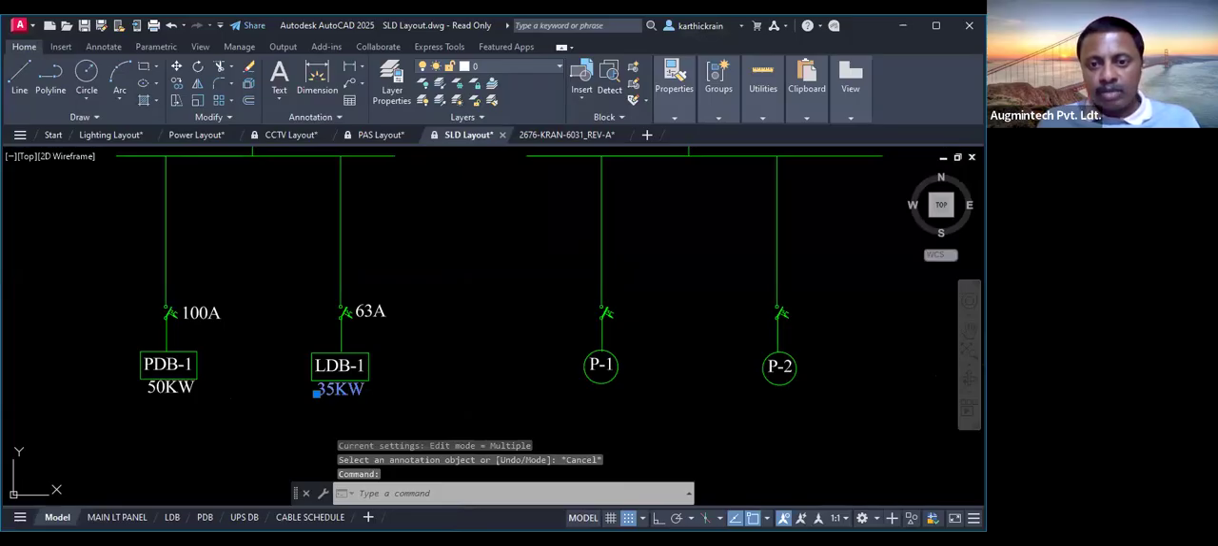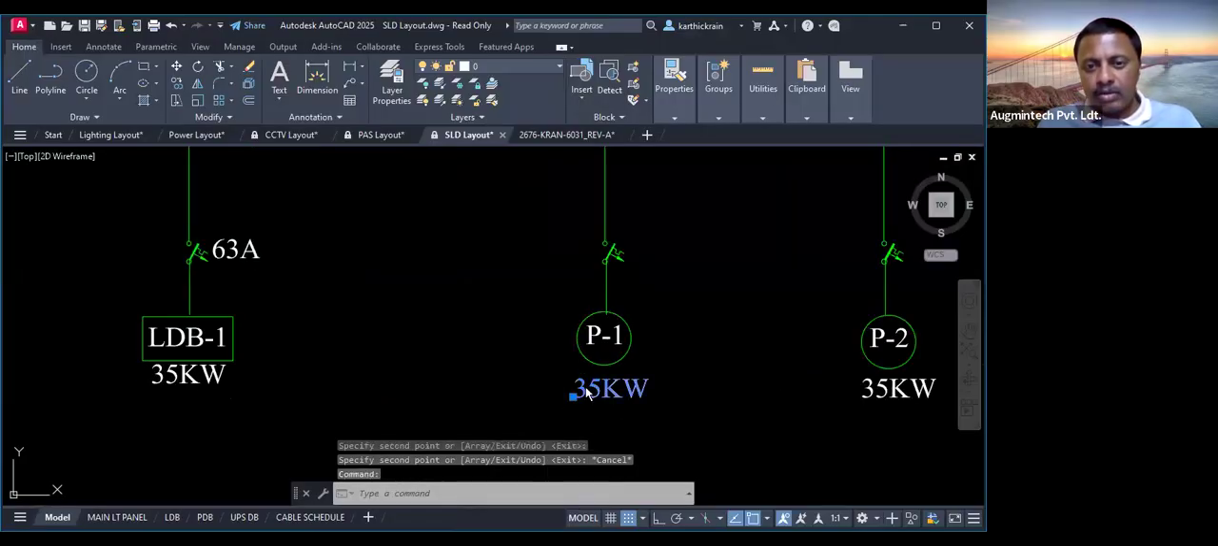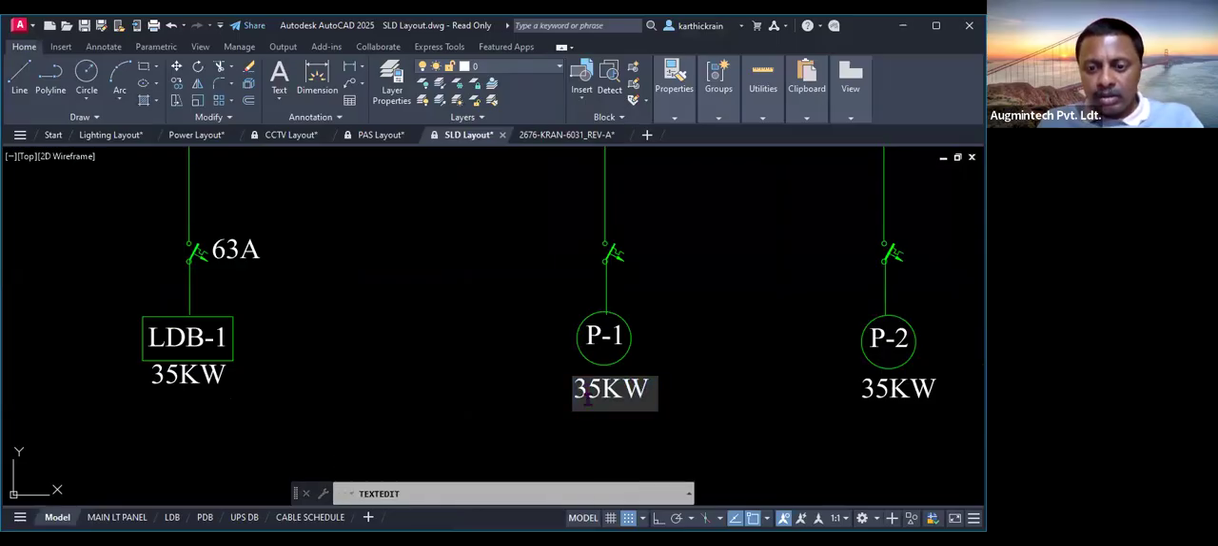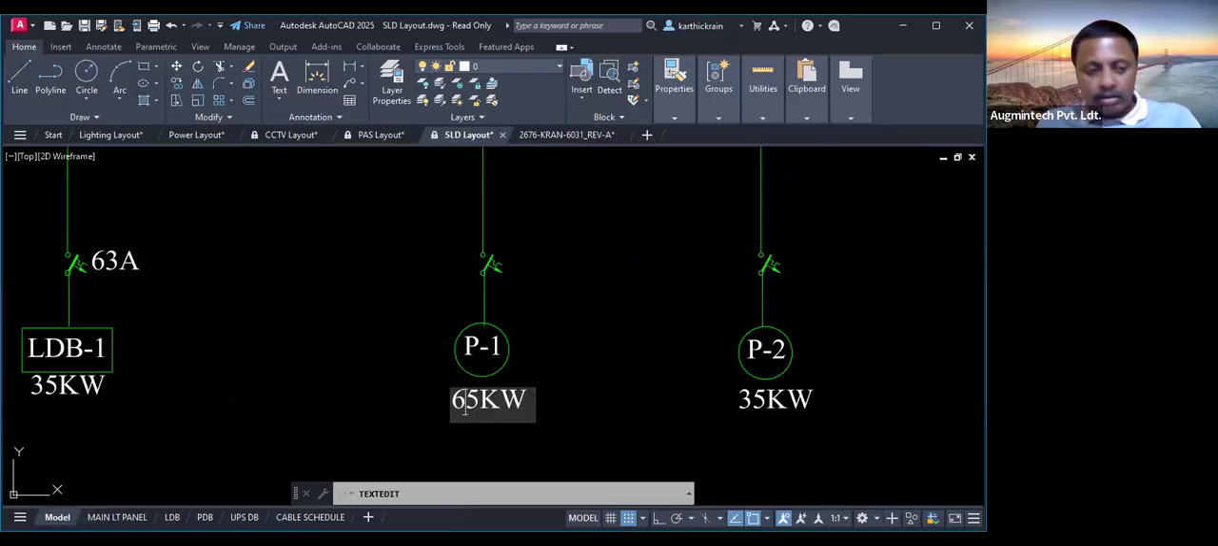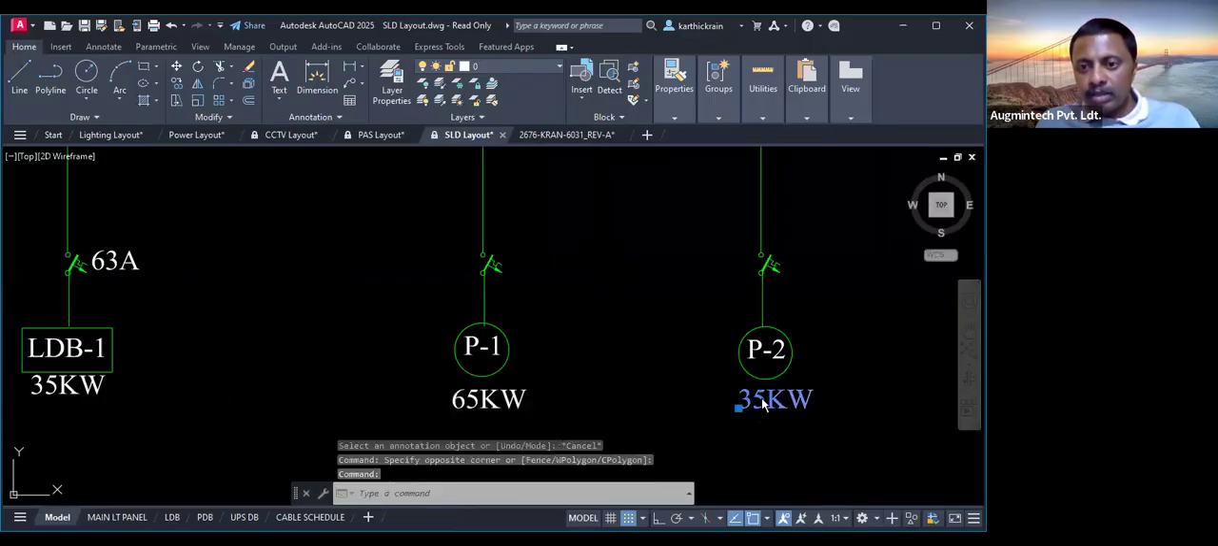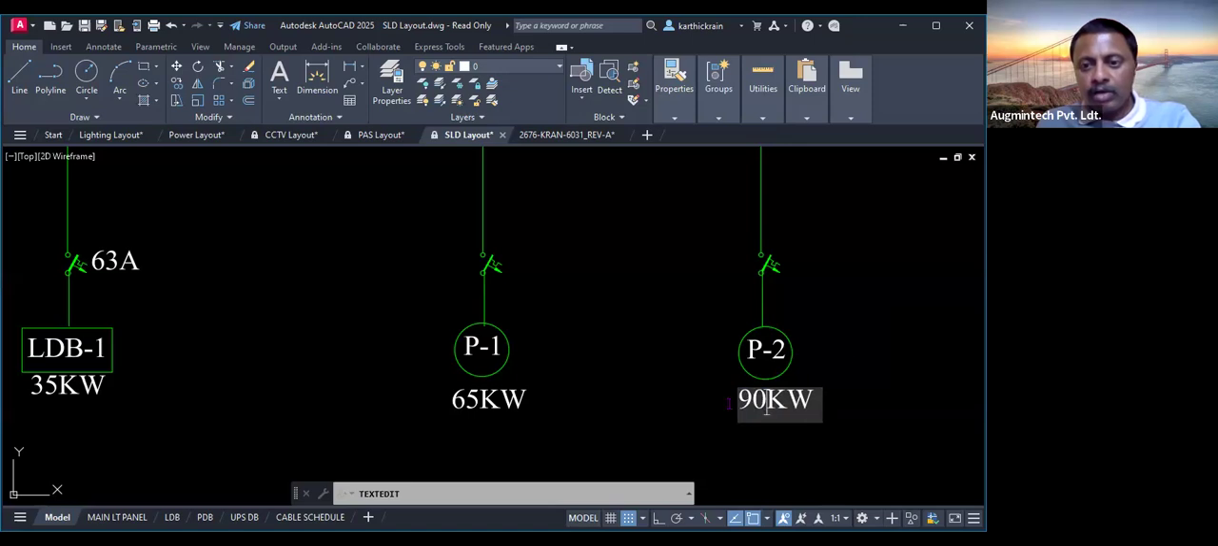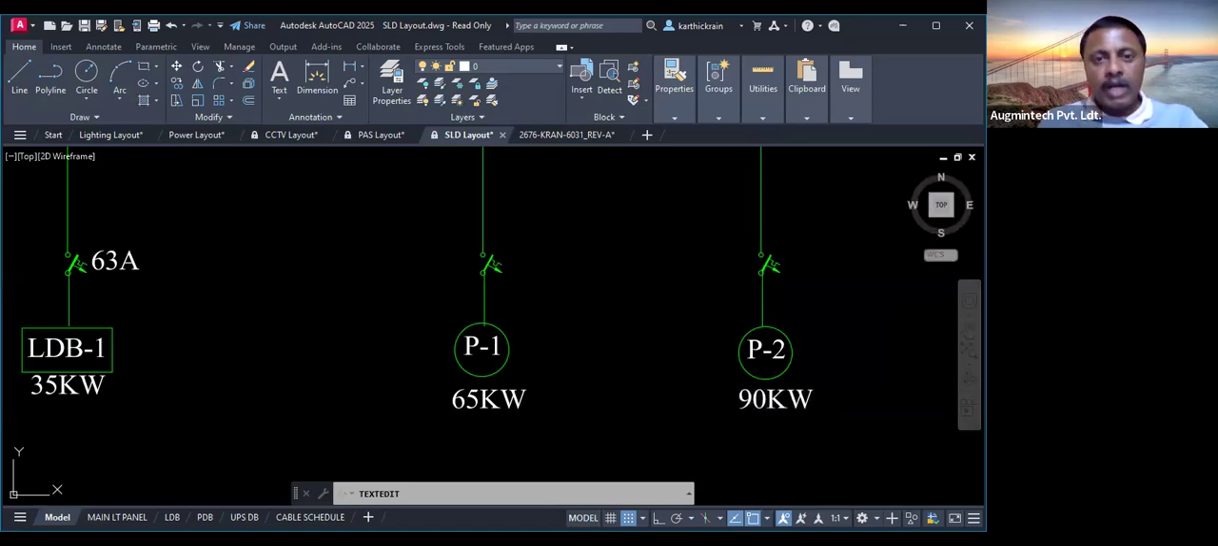So similarly, let this pump 1 be, just an assumption. Let me change the rating now. Let it be around 65 kilowatts, and let this be maybe a maximum of around 90 kilowatts. So I'll check for 65 kilowatts and 90 kilowatts in this